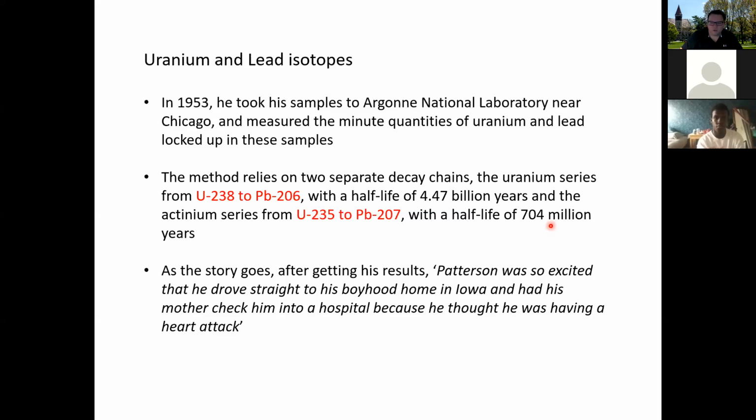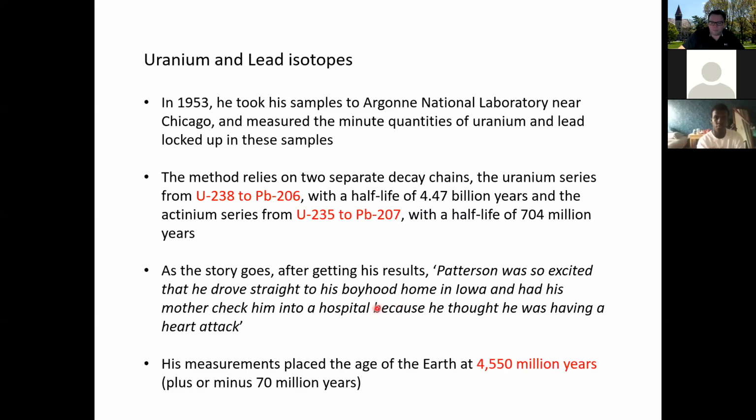He was so excited he drove straight to his boyhood home in Iowa. And actually, his mom checked him into the hospital because he thought he was having a heart attack. He had so much anxiety and excitement over determining the age of the Earth. And basically, what he determined at that time with relatively